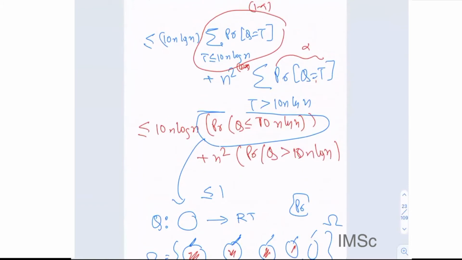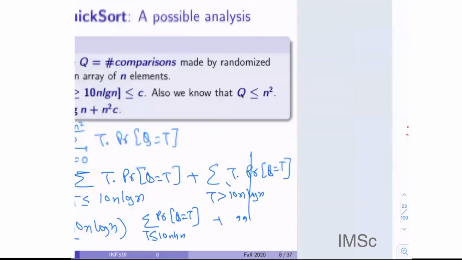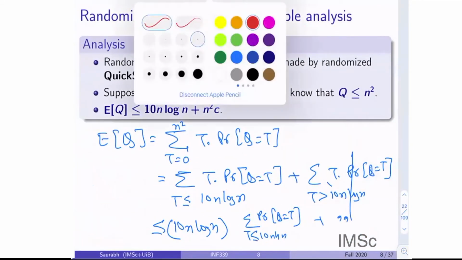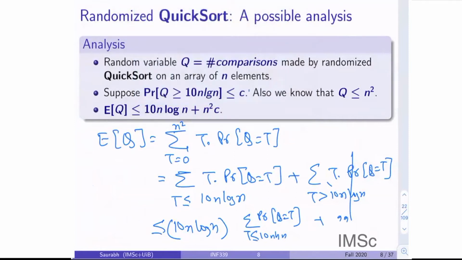Now the main question is, how do we go about proving that? How will someone go about showing this? If I may ask a question, how many of you have seen high probability analysis of quicksort? I'm sure you have seen quicksort, but how many have seen that quicksort is concentrated around its expectation with high probability? Have you seen this analysis before?